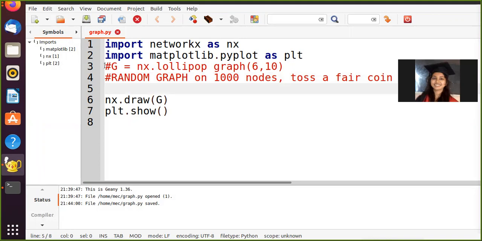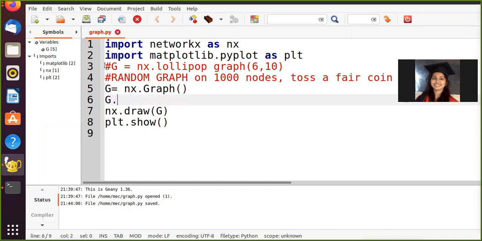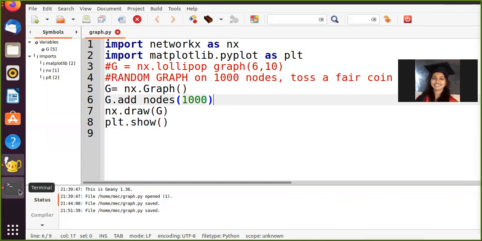So let's first try to create these 1000 nodes. I'm going to create a graph here, g = nx.Graph(), and let me do g.add_nodes_from, and I want to add 1000 nodes here. Now I have done nothing. I have just created a graph and added 1000 nodes to it.